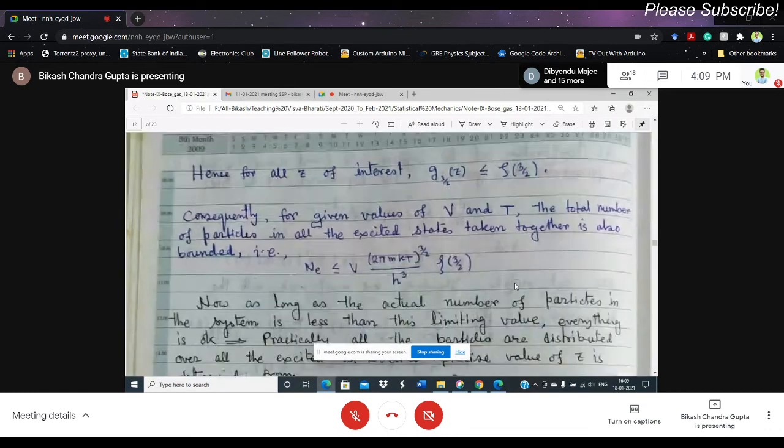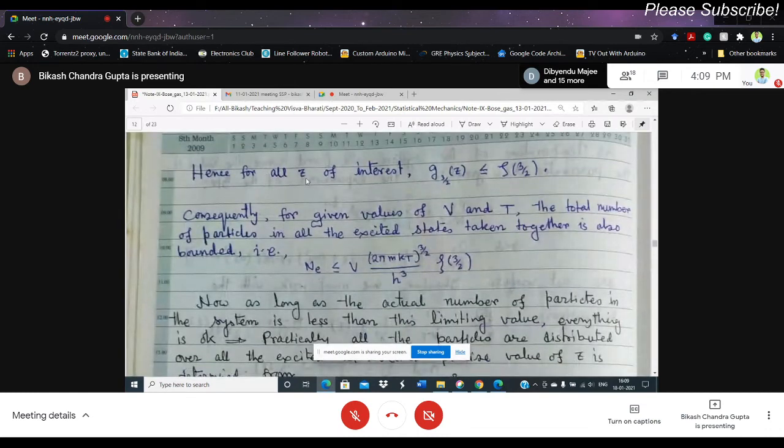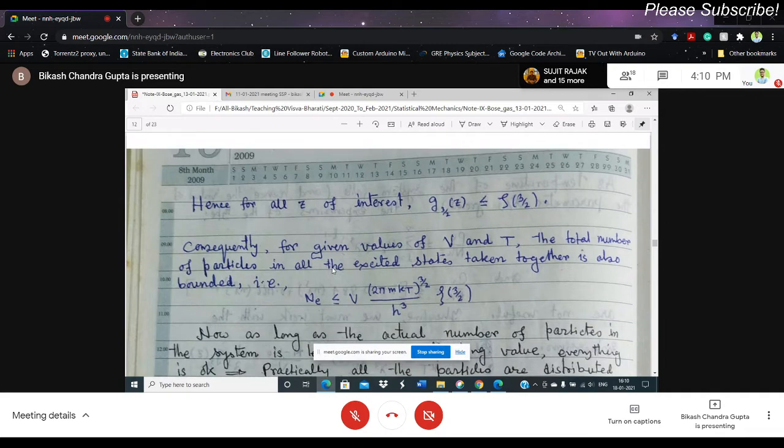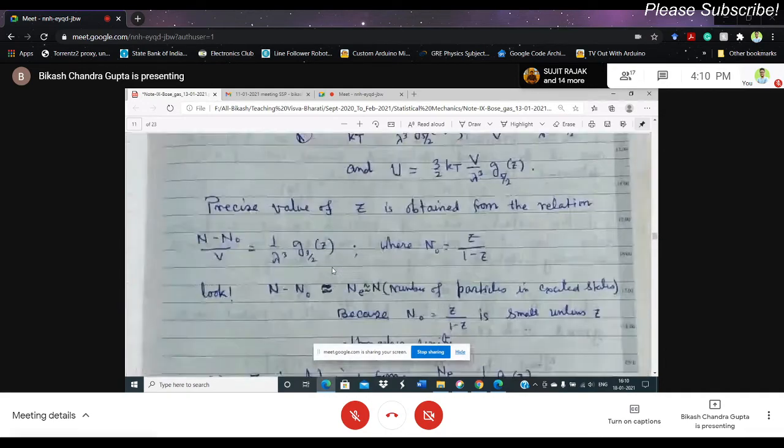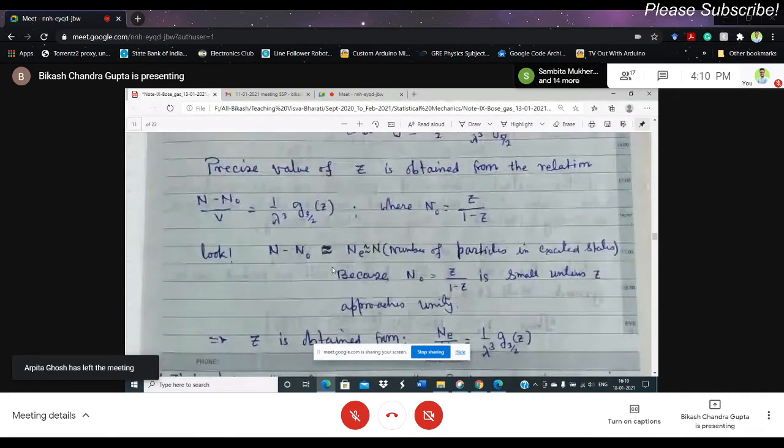Now come to this expression. Hence, for all z of interest, g3/2(z) is less than this, because this is the maximum value when z equals 1. Consequently, for given values of V and T, the total number of particles in all excited states taken together is also bounded. That is, Ne should be